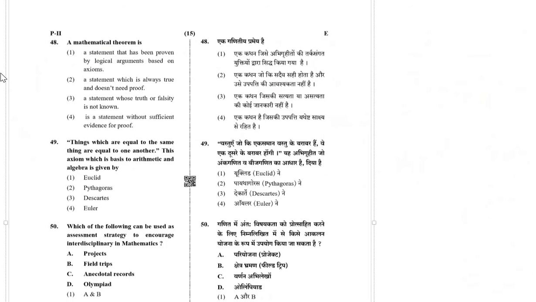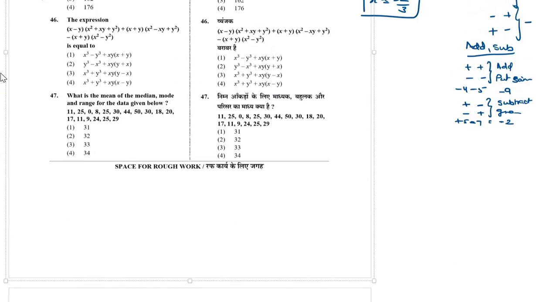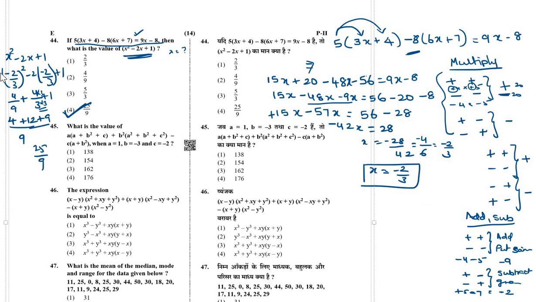Move to the next question. Next question. What is the value of some expression that is given? Here there is no equal sign, therefore it is an expression. For the given values, here also the sign rule helps us to complete the evaluation and calculation. So the sign rule is a must. Whenever you have an expression and are finding the value, the sign rule is very, very important.